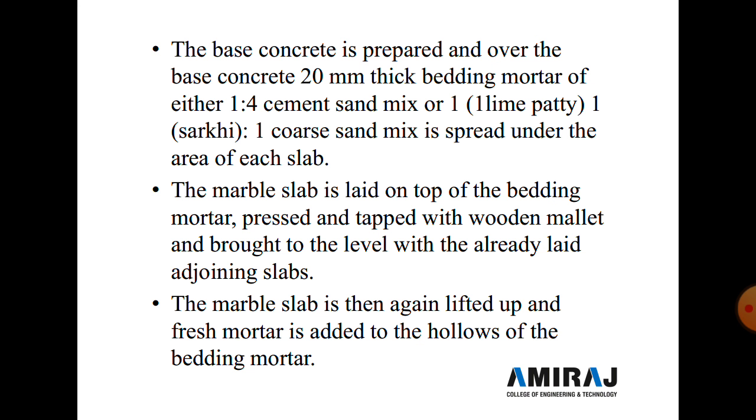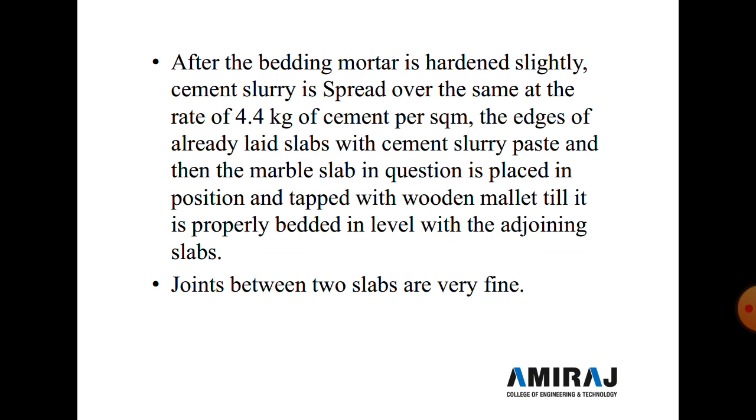And the marble slab is then lifted up again, and fresh mortar is added to the hollows of the bedding mortar. So after the bedding mortar is hardened slightly, cement slurry is spread over it, at the rate of 4.4 kg of cement per square meter, and the edges of the